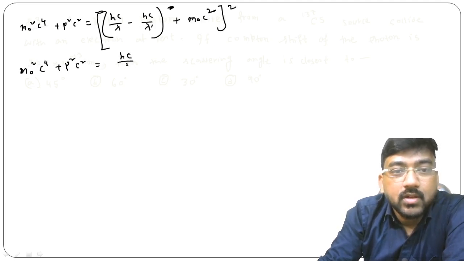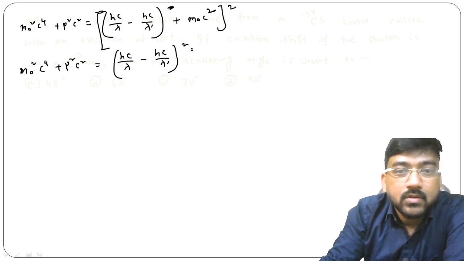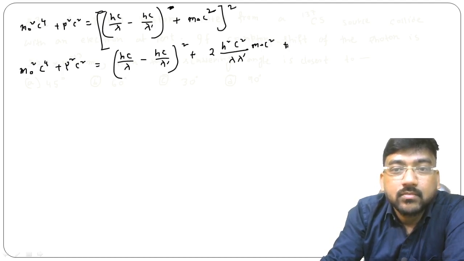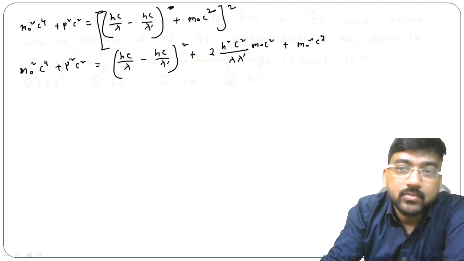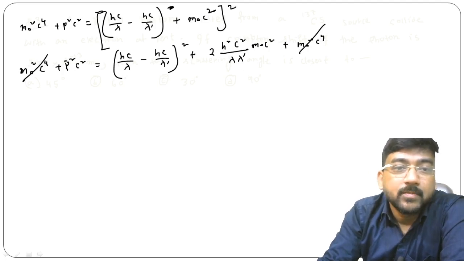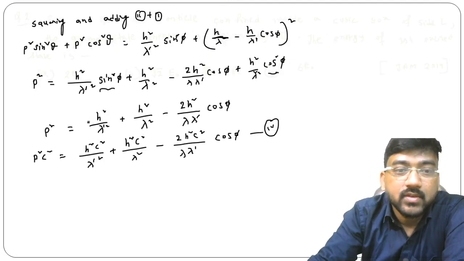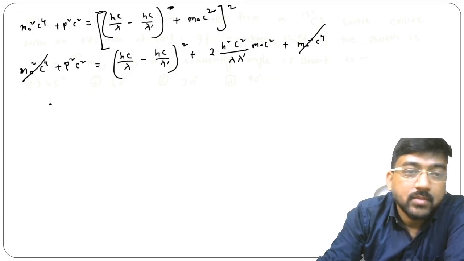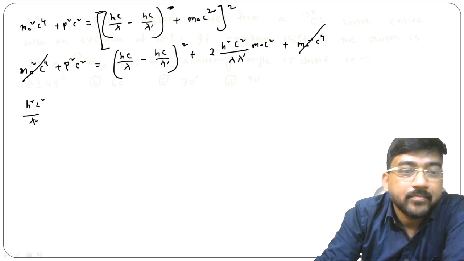So it will be hc upon lambda minus hc upon lambda dash whole square plus 2 h square c square upon lambda dash into m0 c square plus m0 square c to the power 4. Now this m0 square c to the power 4 and m0 square c to the power 4 will be cancelled out. So we will get p square c square here only. And what is p square c square actually? P square c square means this. So let us put this: h square c square upon lambda dash square minus h square c square upon lambda square